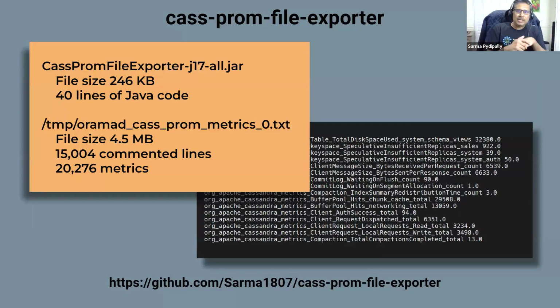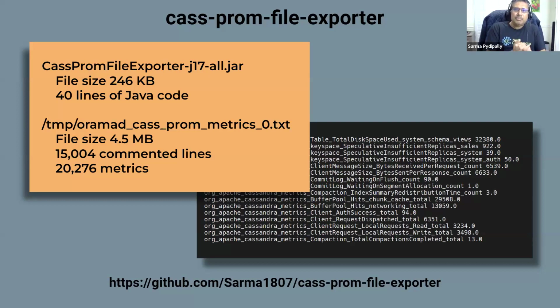So just to give you a summary, the jar file, basically one thing I have to mention here: this particular instrumentation code does not work with Java 8. It requires Java 11, and it works with Java 17, obviously. Since it does not work with Java 8, there are a lot of compatibility issues with the previous versions of Cassandra. So I'm only targeting this agent for Cassandra 5 and above. And the minimum you have to run is Java 11 or Java 17. This does not work with Java 8.